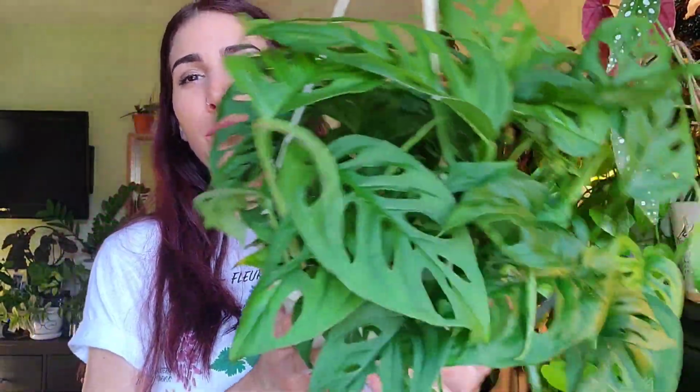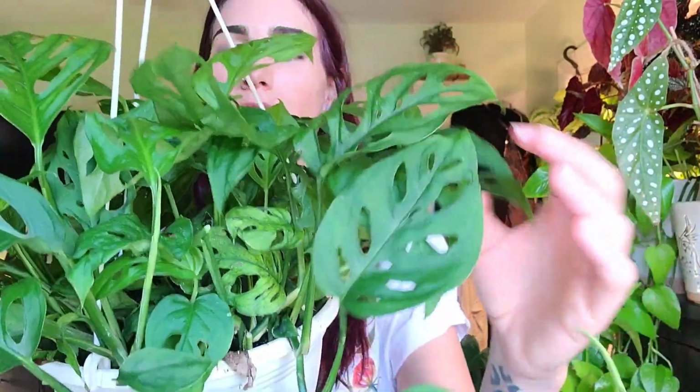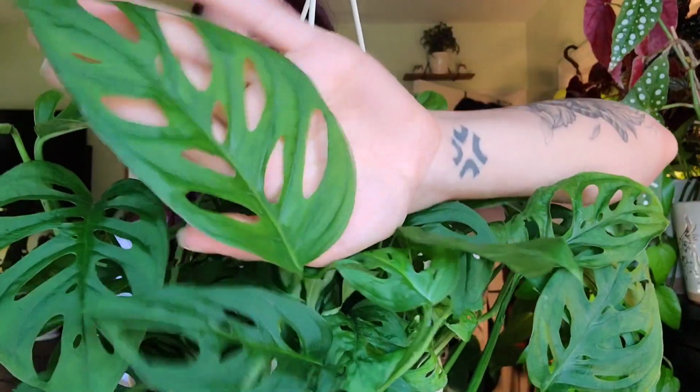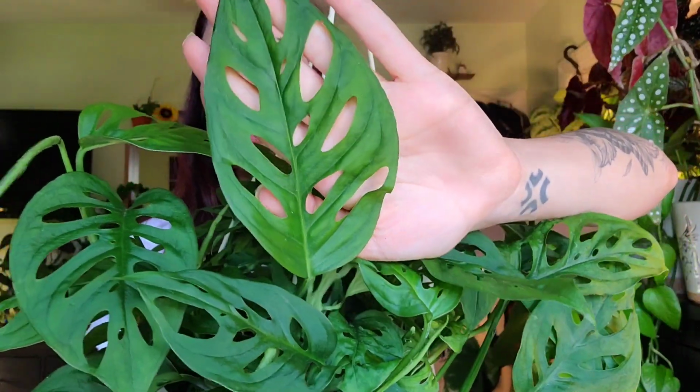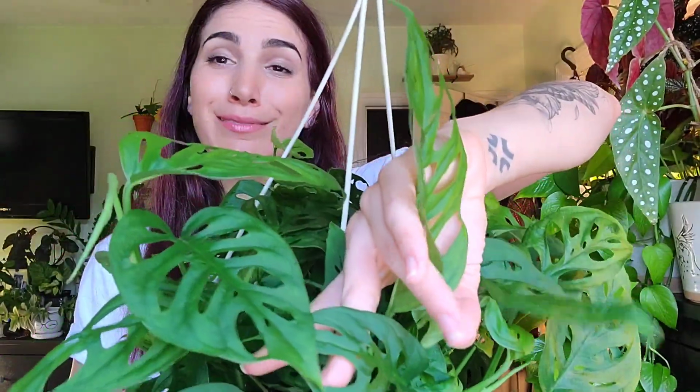I've been told that this may be a Monstera Acuminata, but I don't know how accurate that is. To me, it just looked like a really nice wide form Adansonii with some really beautiful mature leaves. So of course I had to take it home to compare it to the rest of my Adansonii because I